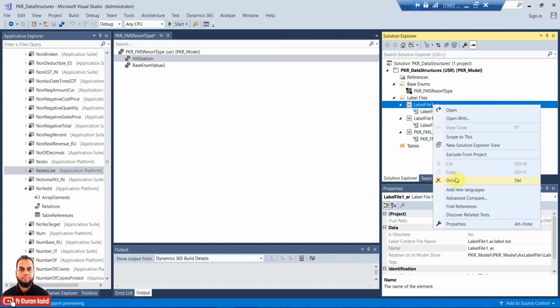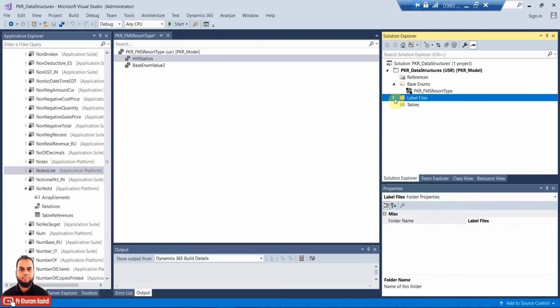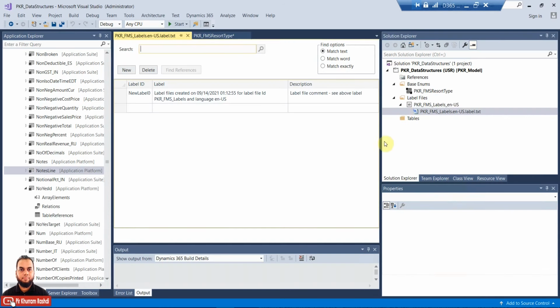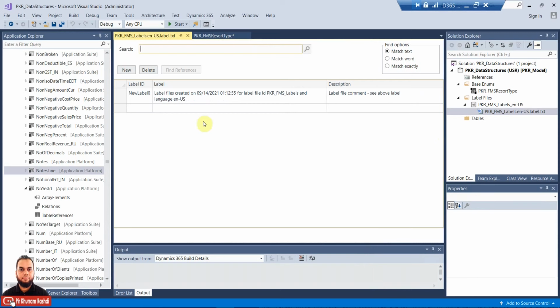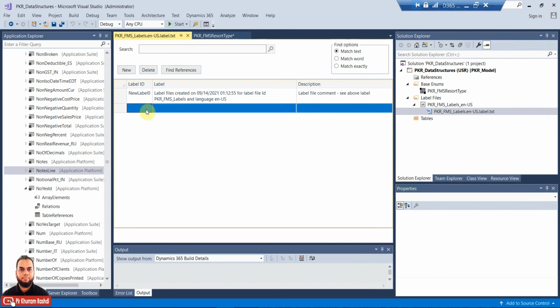And delete the label files that are not needed. So now we are in front of our label file. We will create our label. There are two fields here, label ID and label. Basically the label ID will be put in the property, and then it will translate to the label.